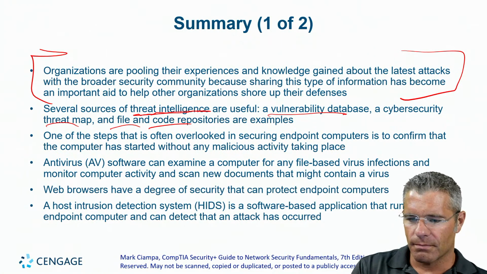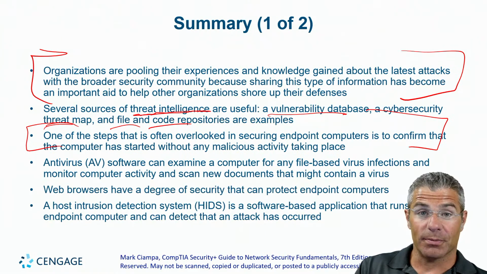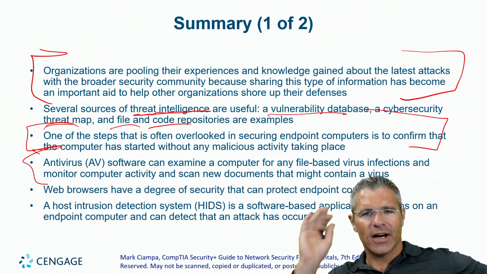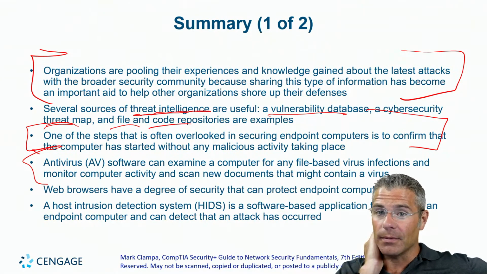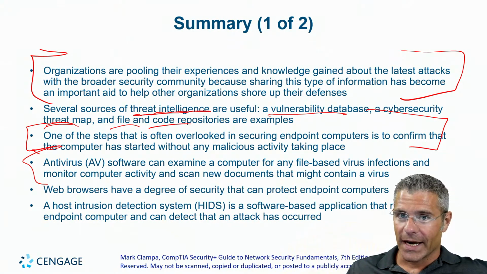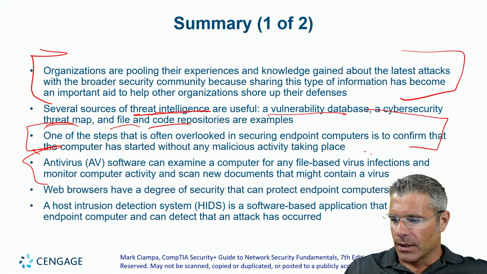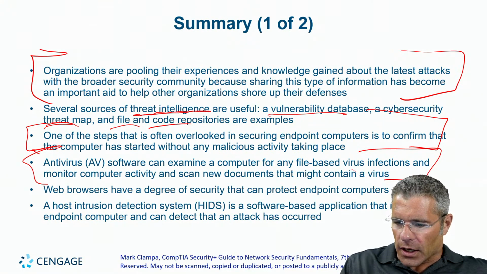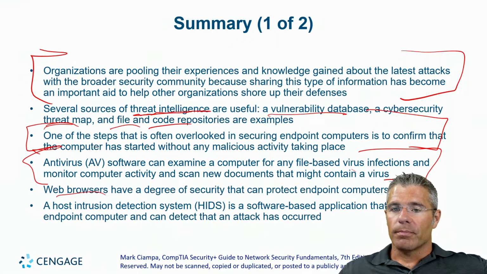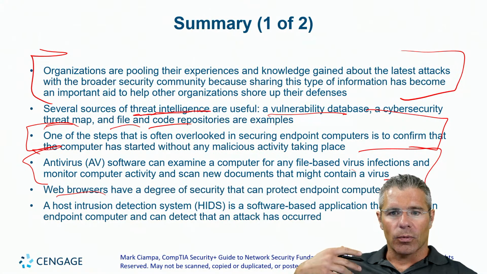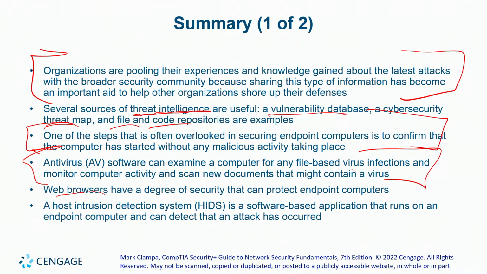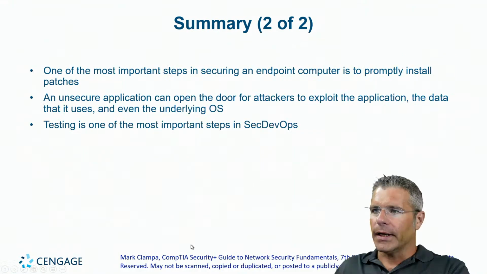Securing your endpoints: just make sure it's booting up without bad things in place. It's a good place to start. We're big fans of AV, although the AV that comes with your operating system is probably everything you ever needed and more. Don't tell McAfee or Norton that, but that's the truth. It probably does all the things just fine. Web browsers are getting better and better at security, although they're basically the computer of our age, so they're what's being attacked. A HIDS, or host-based intrusion detection system, as compared with a NIDS, a network intrusion detection system, is usually software that runs on an endpoint and looks for attacks while they're happening.